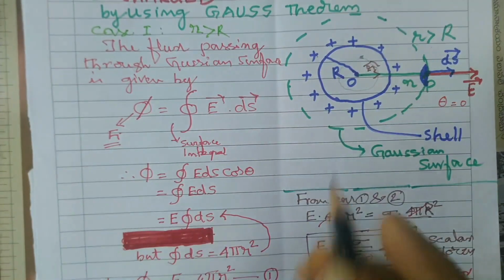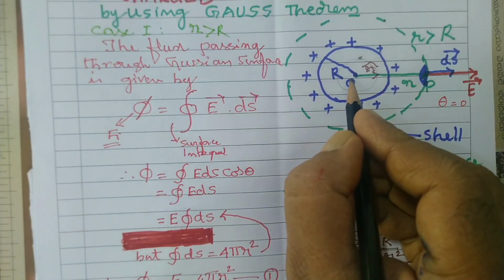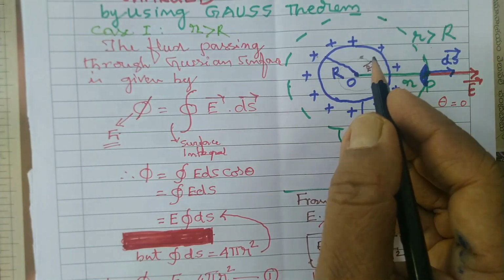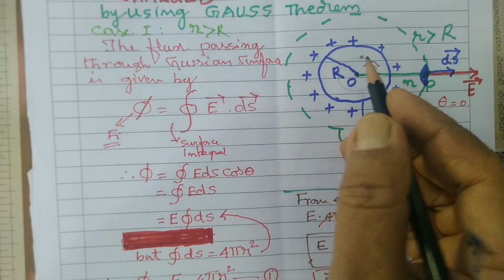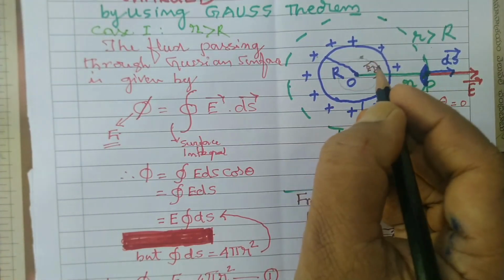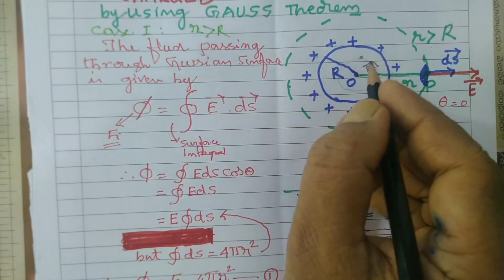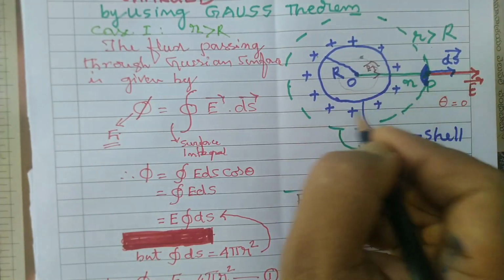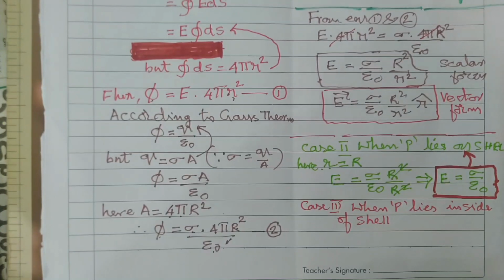If you take the Gaussian surface like this, the charge will not be inside of the Gaussian surface, whereas it is outside of the Gaussian surface. According to the Gauss theorem, charge must be there inside of the surface. In the definition you see, enclosed in the surface. So if it is there like this, we can say that inside of this Gaussian surface, charge is 0. I repeat it, inside of the Gaussian surface, charge is 0, because the entire charge is outside. When entire charge is outside, then Q is to be taken 0.